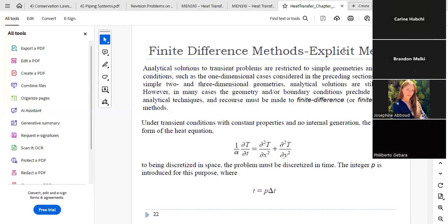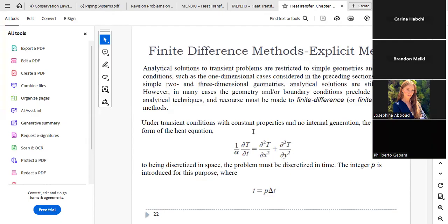So last time we introduced the LCM method, the lumped heat capacitance method, which allows us to solve transient problems in case the temperature variation with space is not important. And we said that to determine if LCM can be applied or not, we just have to calculate the Biot number. If the Biot number is smaller than 0.1, then we can neglect variation of temperature with space. But if the Biot number is larger than 0.1, we need to go back to our differential equation and consider the